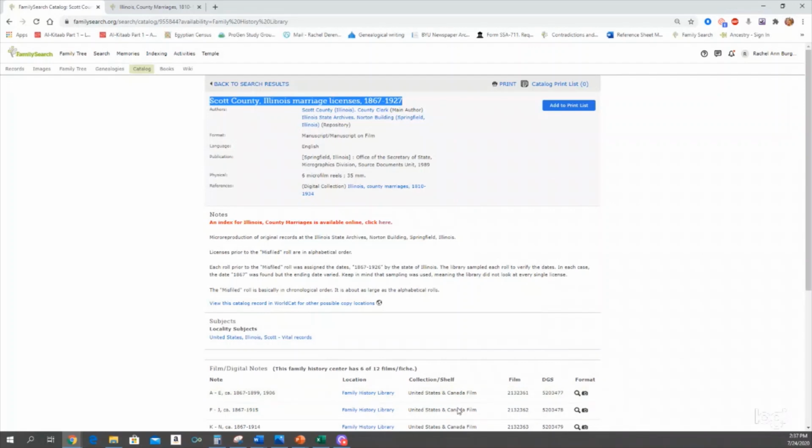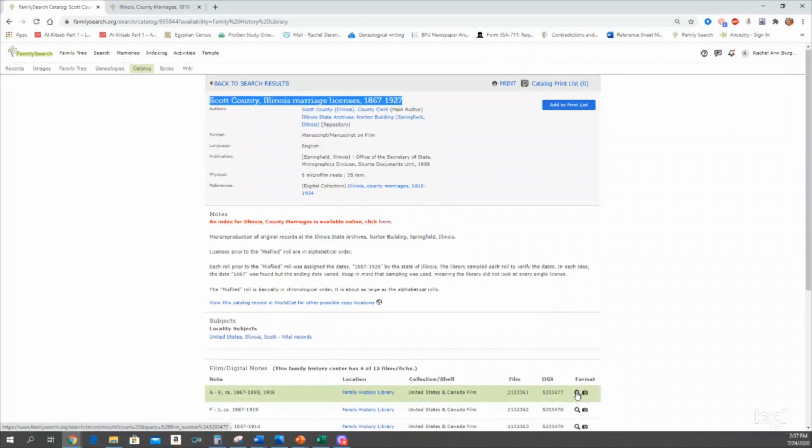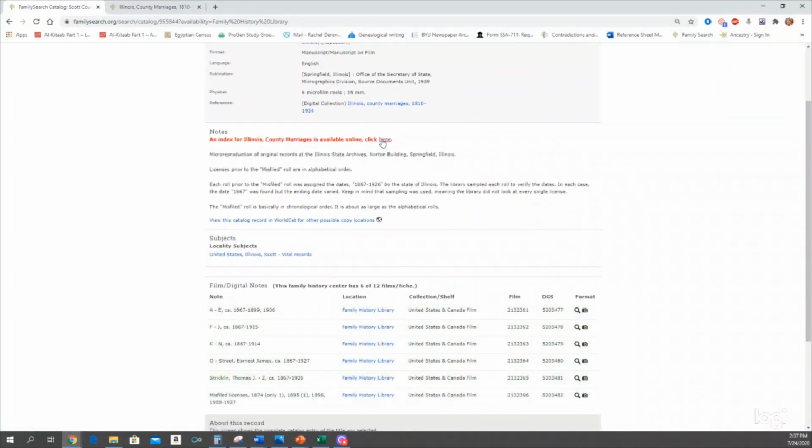Now I've chosen Scott County. When I first started digging into this county and researching an individual, these were not indexed. And so I think it's just important that you see how it looks when they are indexed, places you can search if they're indexed. But also, this county is particularly difficult to navigate. And so I wanted to show it to you because you're going to run across other counties like this that are not indexed. And I want you to be able to feel confident in your abilities to take these steps and navigate them, whether they're indexed or not.